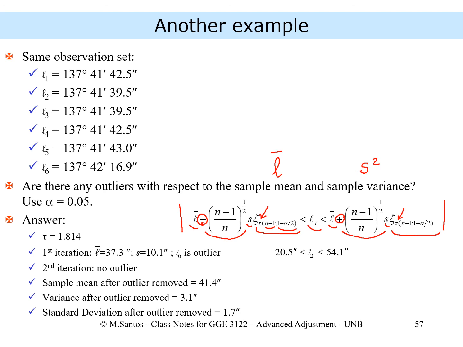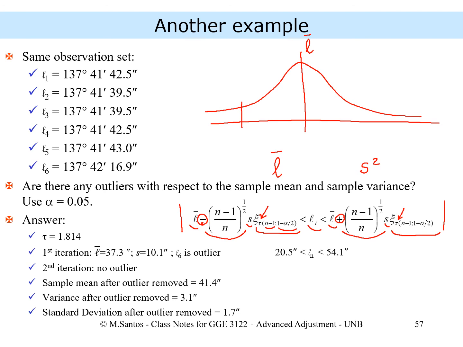In some sense, what we have is the mean value, and we have our cutoff from the mean value, which is the square root of n minus 1 over n